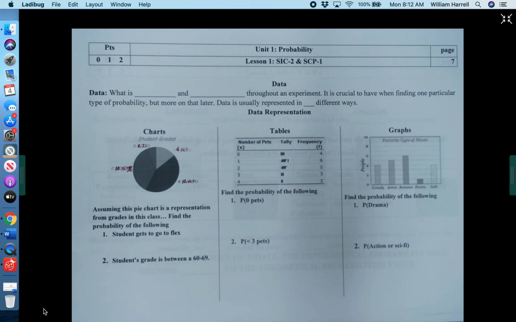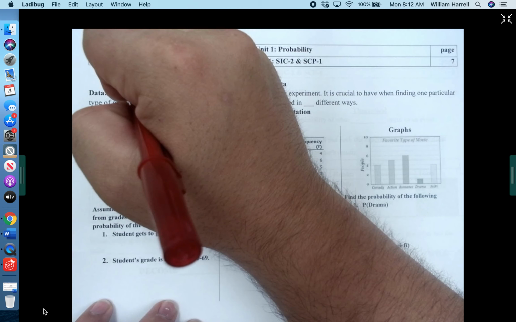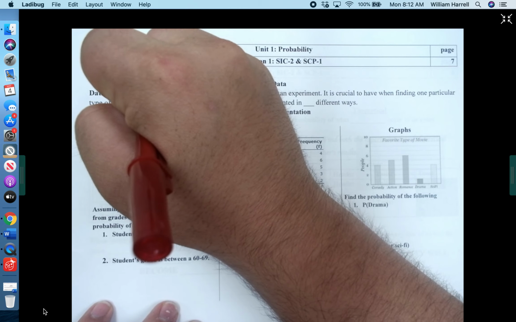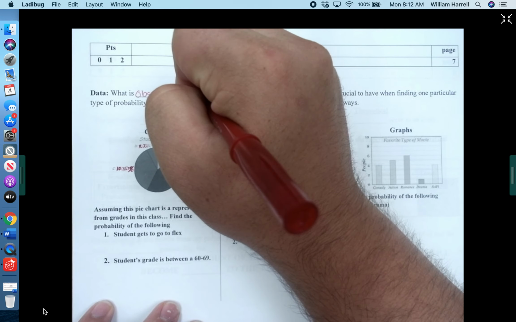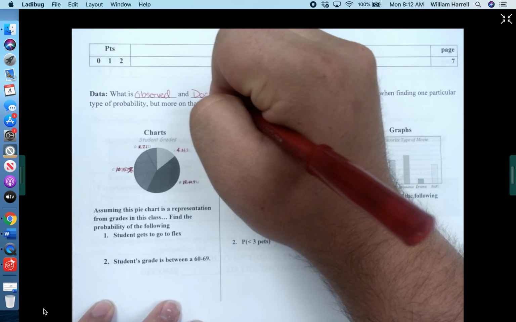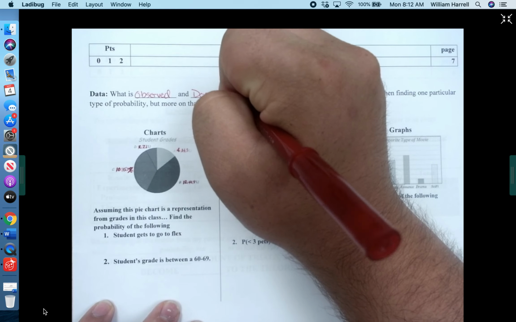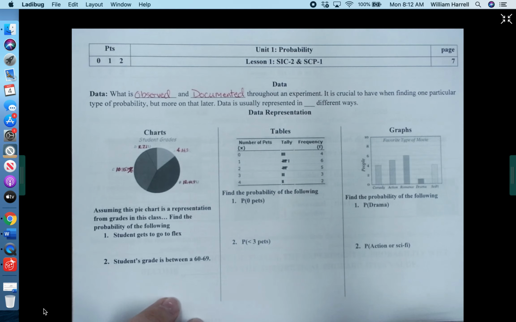Probability less than 1, focus on data and how to interpret it when given in different representations. Alright, so what is data? Okay, data is what is observed and documented through an experiment. It is critical to have when finding one particular type of probability, but we'll talk about that